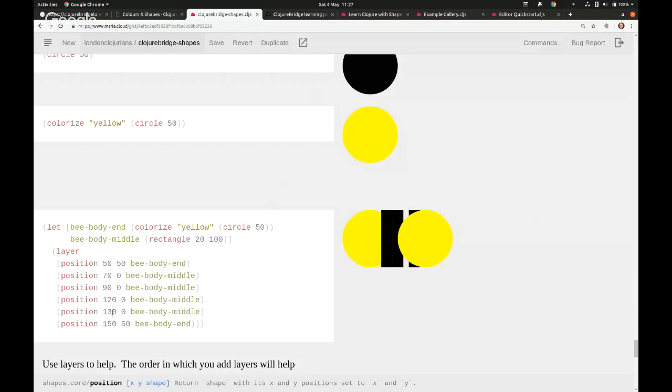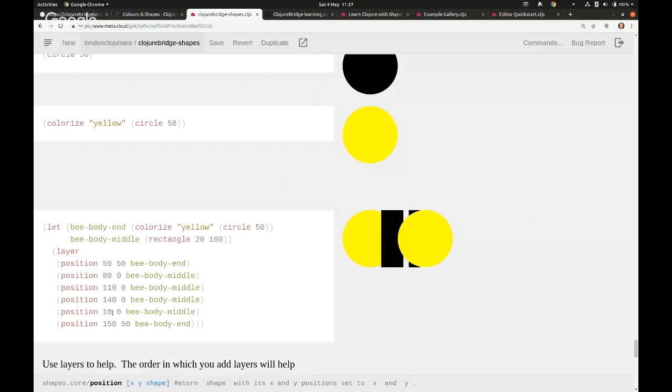Actually, let's do that. So 50. 10. A little gap in between each one so we can see it clearly. And then I'll get rid of the gap once I get